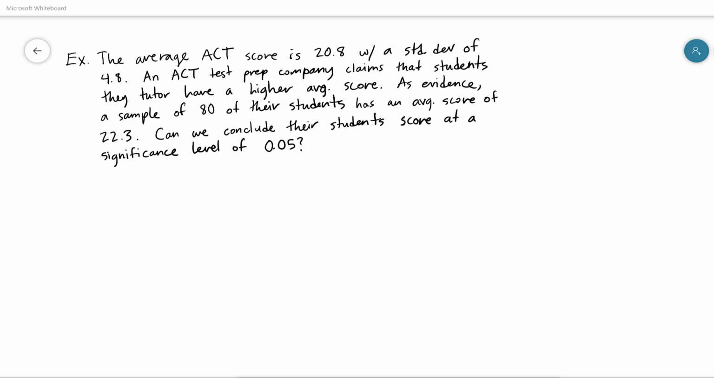On the homework, for example, they'll specify whether they want you to use the critical value approach or the p-value approach. For this example, I'm going to do both just so we can get practice doing both. So let's take a look. So our first step on any one of these hypothesis tests is to state the null and alternate hypothesis. And so, step 1,